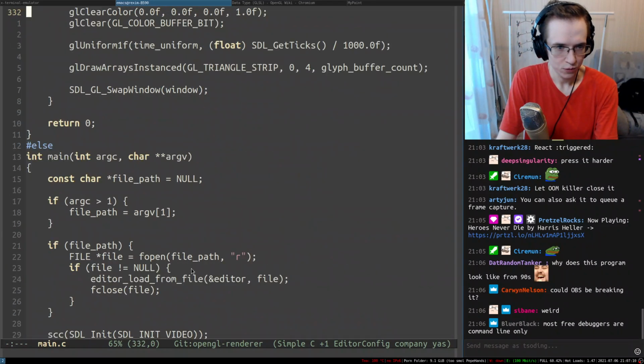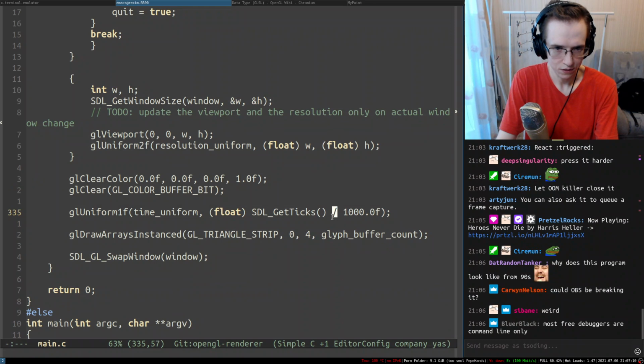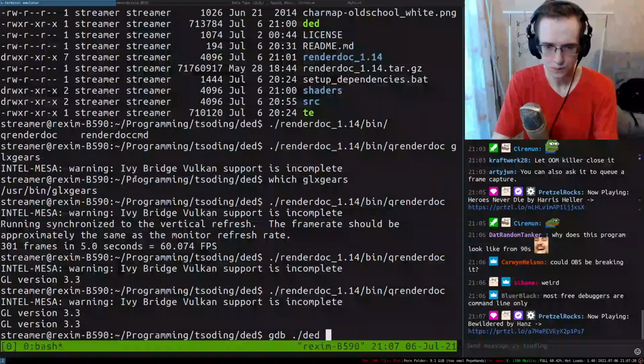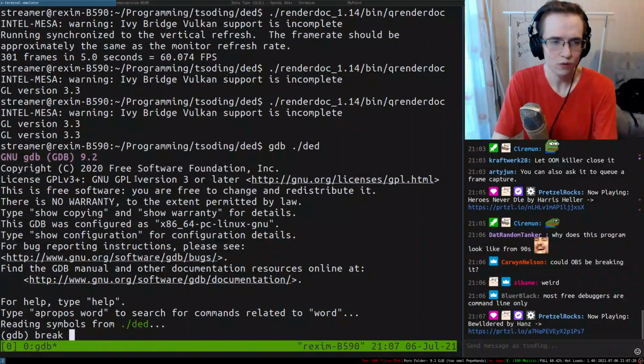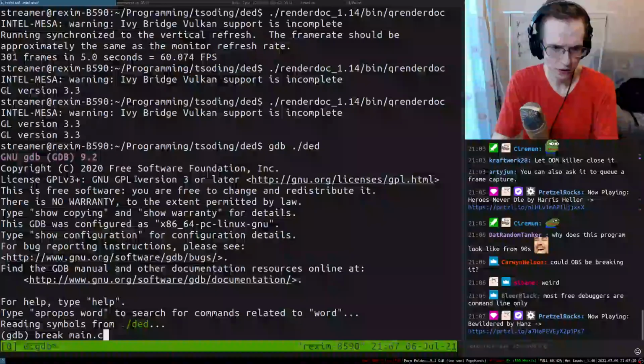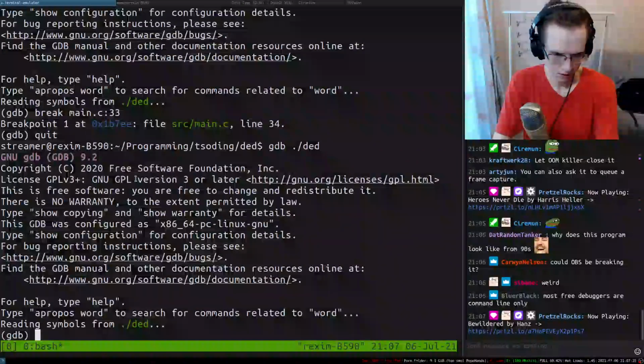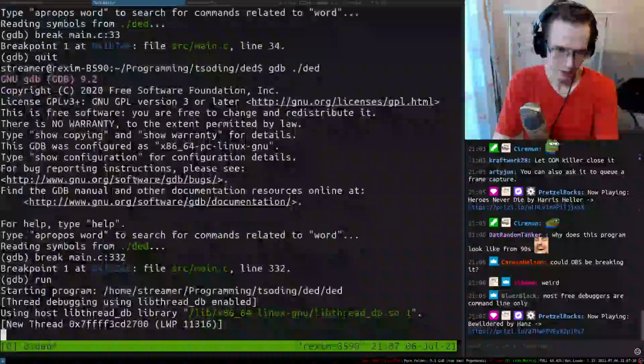So maybe we're going to go into the debugger, and here we set this entire thing. Yep, I can go into the debugger and just see what's going on. So this is going to be that, right? So let's break main.c 332. Break main.c 332, and let's run this entire thing.